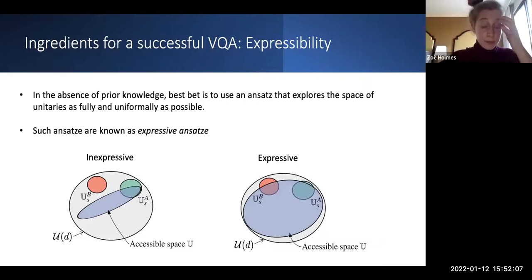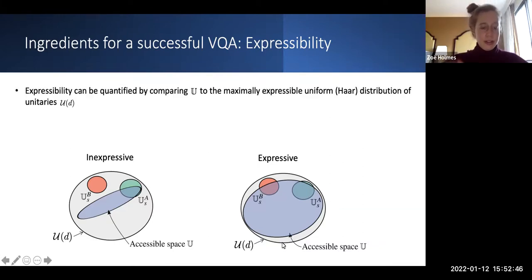So yeah, the ansatz I showed on the previous slide doesn't explore the total space of unitaries very well. It's a small, narrow oval with lots of space that it's not exploring. And so it's hardly surprising that it only contains a solution to A and not B. This is an inexpressive ansatz. In contrast, on the right here, we have an expressive ansatz, one that explores the space of unitaries really well. Accordingly, it contains solutions to both A and B. So it's complete with respect to both A and B, and you could potentially use it to solve both problems A and B.